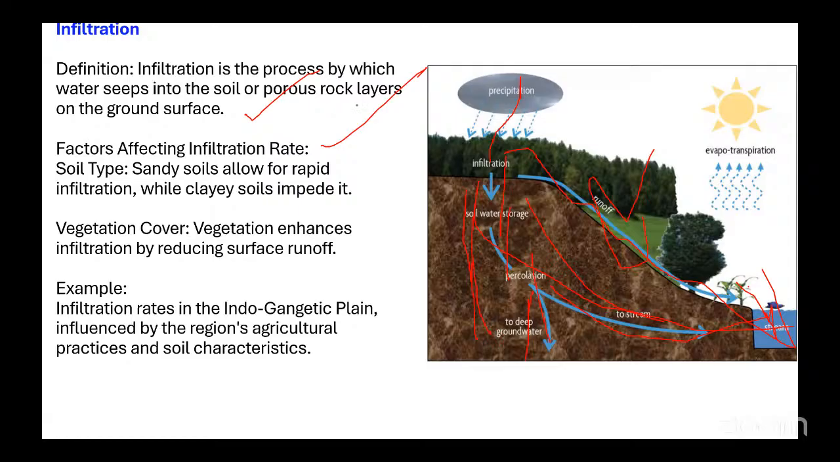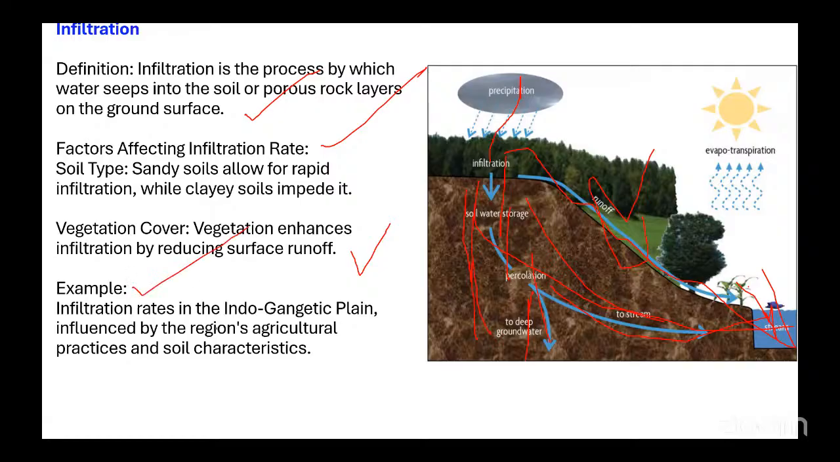And the vegetation cover also will hold some amount of the water which is coming from precipitation or rainfall. Vegetation enhances infiltration by reducing surface runoff, because vegetation will hold some runoff water, and it will increase the infiltration rate by holding some water. Ultimately, it will reduce the surface runoff rate. Okay,